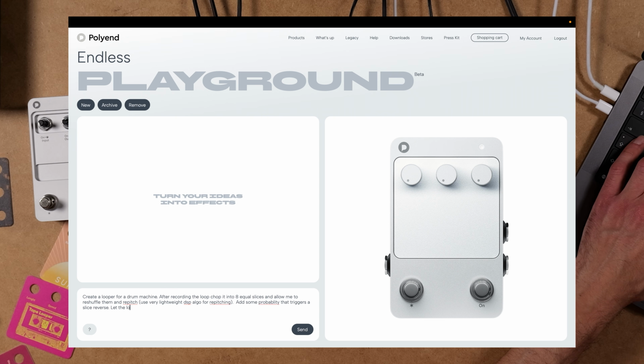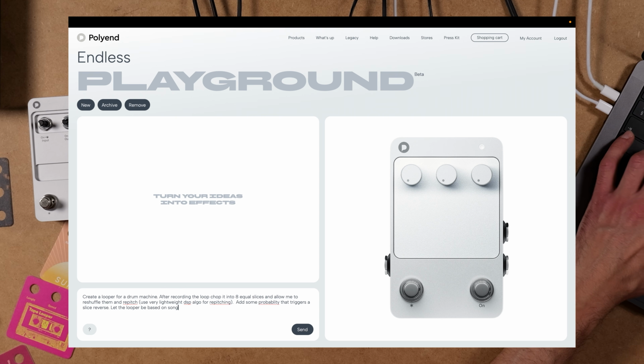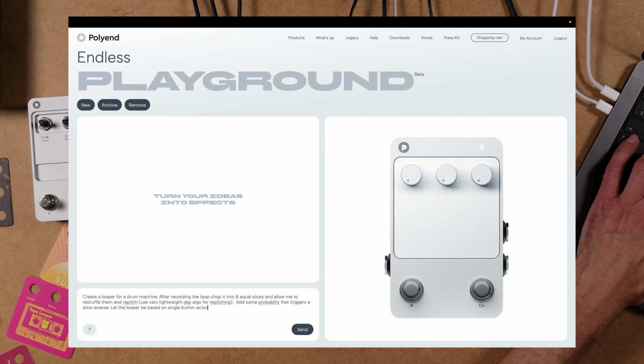Let the looper be based on single button actions.